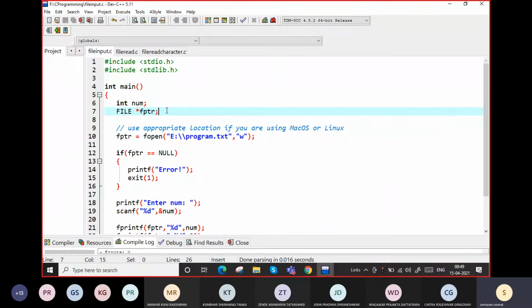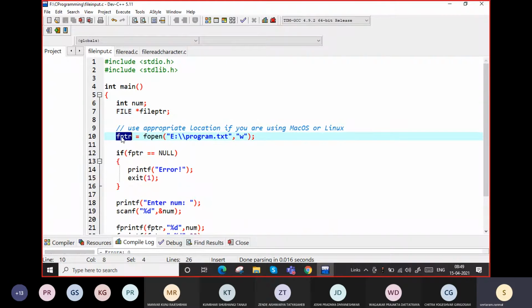How do we take a file pointer? FILE is a data type, and for the pointer we need to give the star, right? Star is an operator. You can give any name, so file ptr. We'll give the name as file ptr.